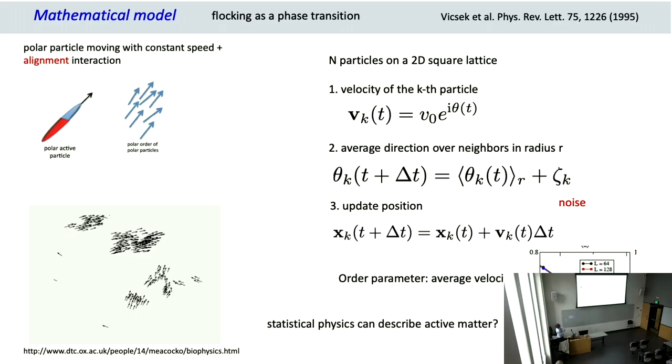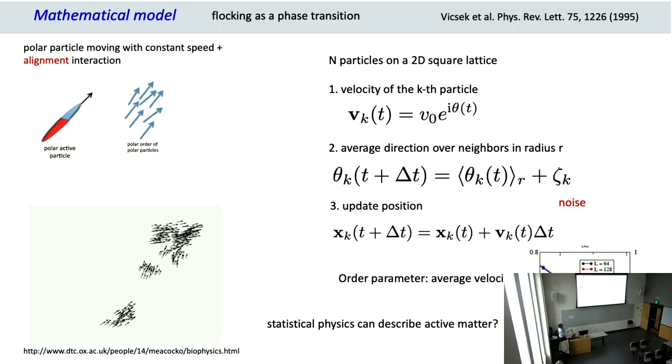What this model showed is that, depending on the noise level and the density of the particles, you can actually form flocks. What he proposed is that you can think of this behavior as a phase transition. When you have a lot of noise, there is disorder, but as the noise comes to the right amount, you transition to a very highly ordered state. That was in 95, and a few years later physicists jumped in, like, oh wow, it's great. We can think of flocking, swarming, collective behavior of humans, of traffic, etc., from the perspective of statistical physics.